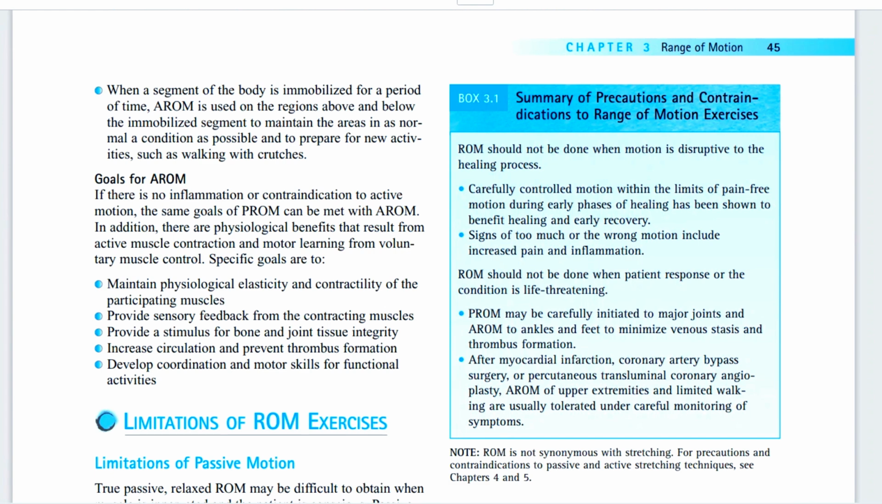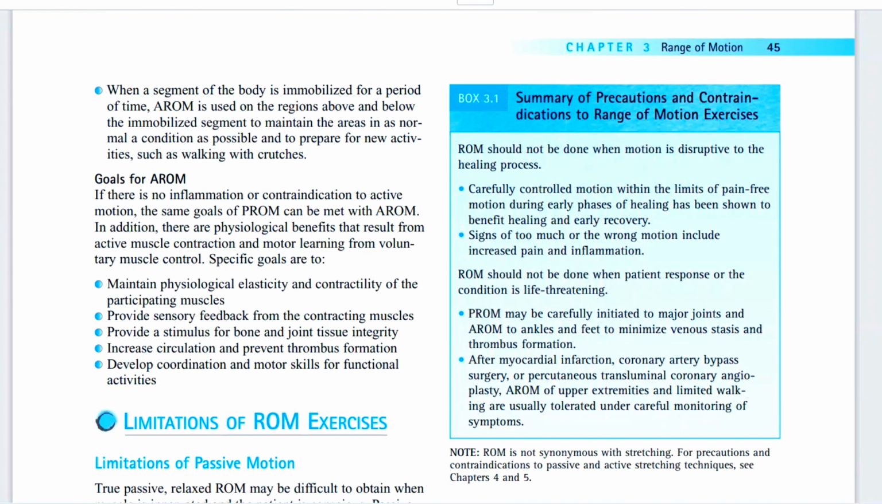Also includes maintaining muscle elasticity and contractility, because contractility is also a vital component in active range of motion, because the patient or person can contract his muscle on his own. After that, provide sensory feedback from muscle contraction, because it is very helpful. It also gives sensory feedback because you can activate the sensory nerves, sensory endings, or everything related to